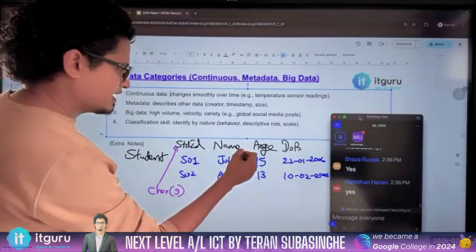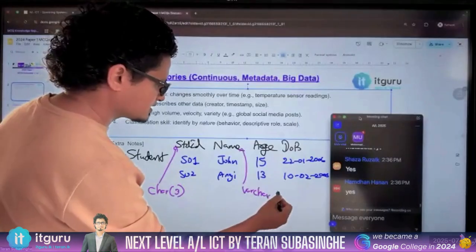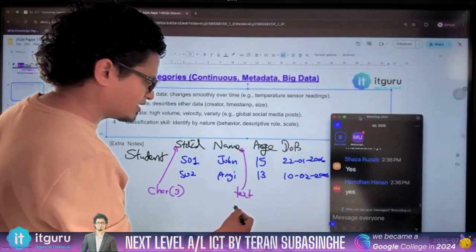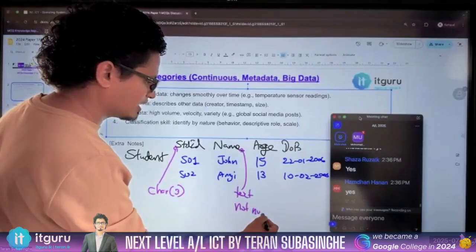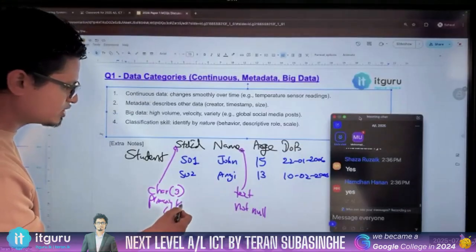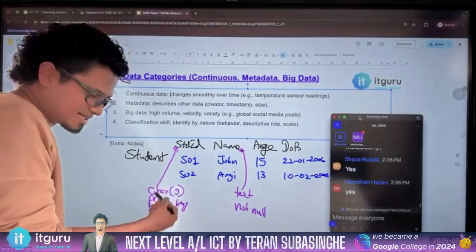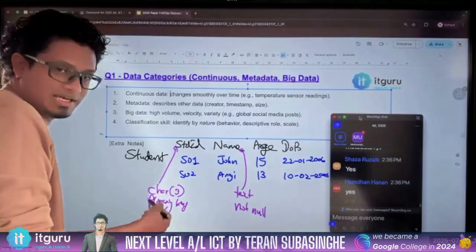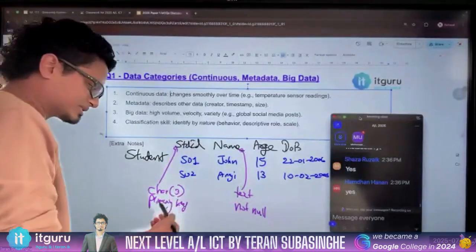Name is text type and not null, so you cannot leave this field empty. And this is a primary key, and it has to be unique. These are data about the data that is stored. It's a primary key field, and this allows only char 3.